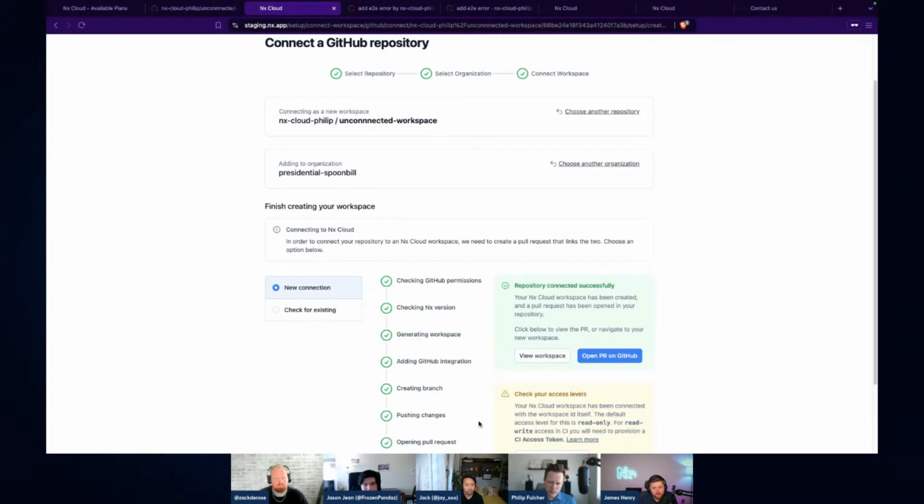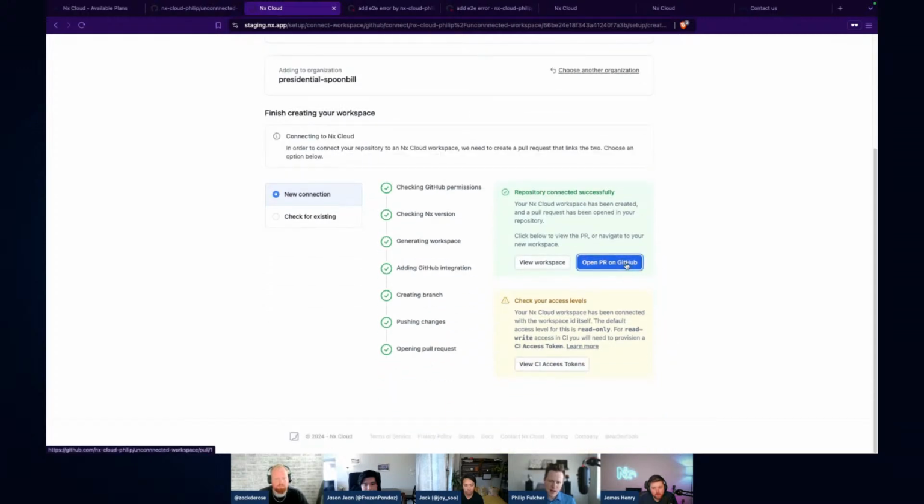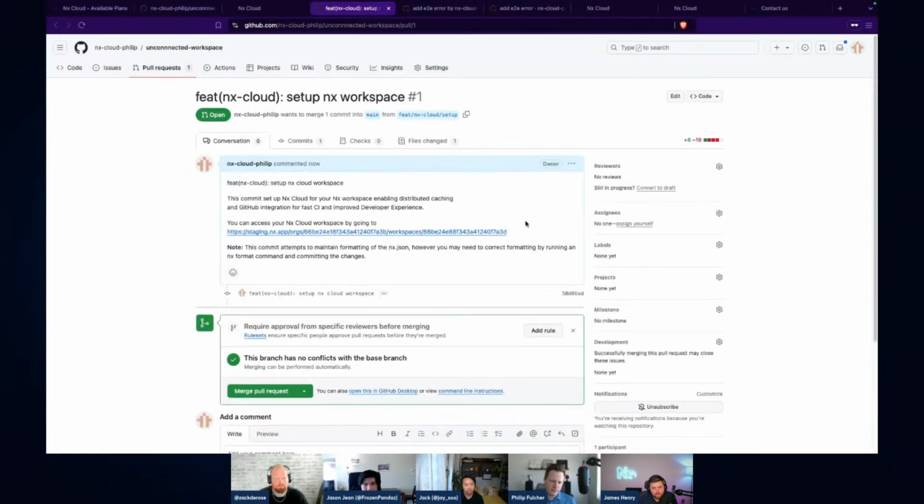I haven't had to go to the terminal. I haven't had to do anything else. I just have this PR now, which has all the information that this needs. As soon as I merge this, I'm connected to NX Cloud. All of my CI processes are running through NX Cloud. I'm getting caching. I'm eligible for agents and adopting that into my workflow. So again, if you haven't tried Cloud in a while, or you couldn't get it set up, anything like that, now's the time. Go retry it and try these new ways of getting on board with a repo.